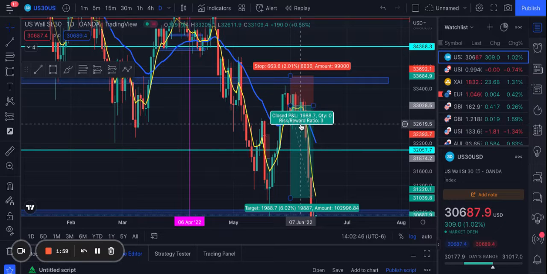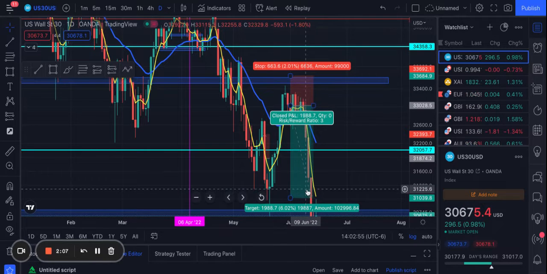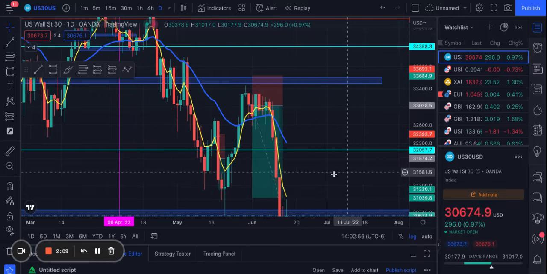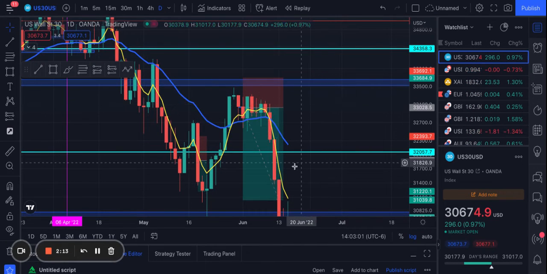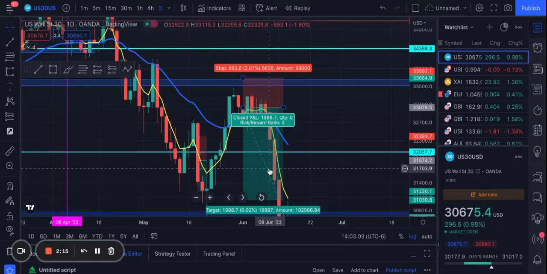The risk to reward ratio is 1 to 3. So I risked 1% of my entire account to make 3%, and it actually hit my take profit yesterday. So I made 3% of my account on it. I think I actually risked 2%, so it was 6%. But anyways,